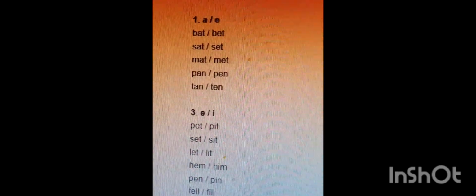Now, before I finish, I would like to show some examples of how a perfect pronunciation including this classification of sounds is required. So without any further ado, I will start explaining some words using the classification of sounds as an example. Here we have certain words such as the following: bat, bet, sat, set, mat, met, pen, tan,